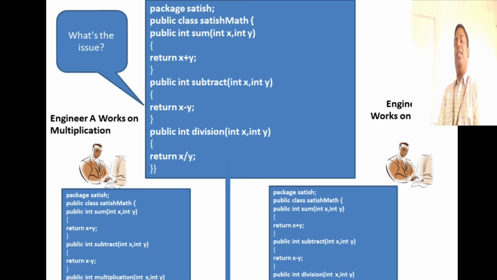So when he pushes the changes to the server, what will happen? Will there be any issue for the people using the code? Is the multiplication function available now? No. What this user has done is overwrite whatever changes this person has made, unknowingly. He just copied it and made the changes. When he pushed it, he overwrote the changes. So the multiplication function is gone. The users who are using the multiplication function are really very worried now. What happened? All of a sudden my function is gone.